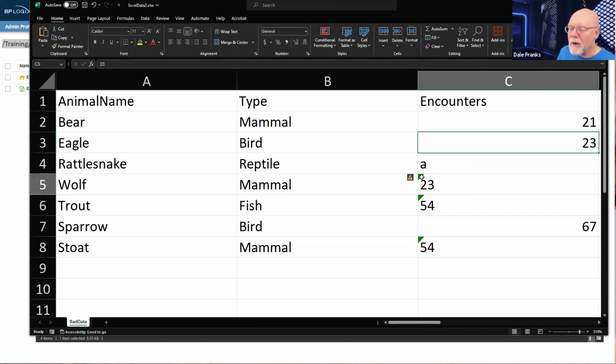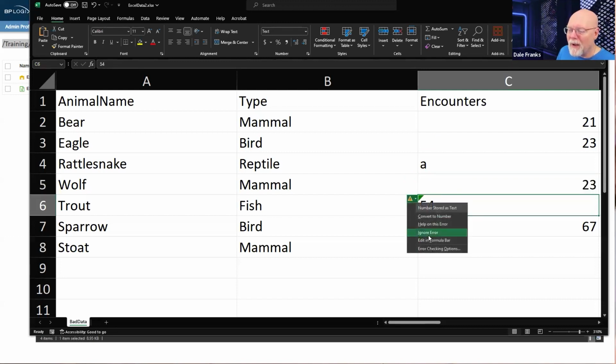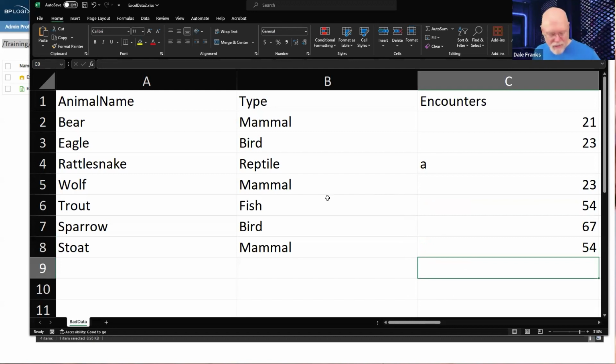Convert to number, convert to number, convert to number, and convert to number. Okay, so now this should blow up, right? And that is Excel Data 2.